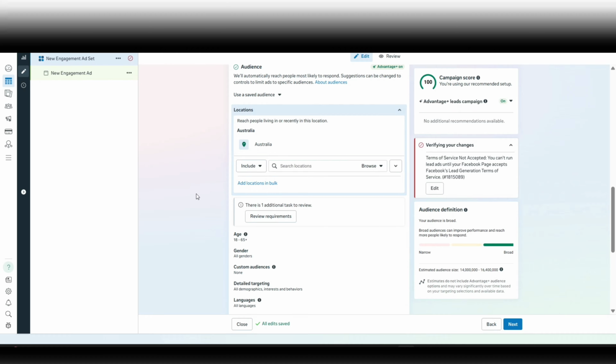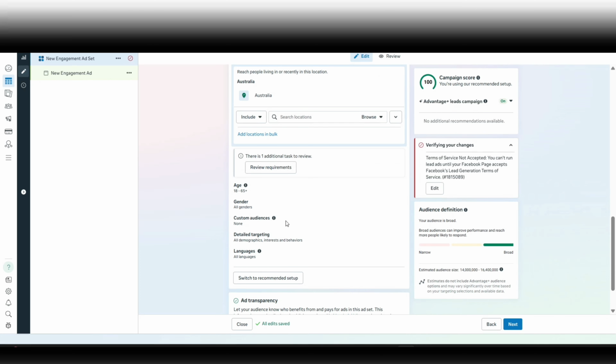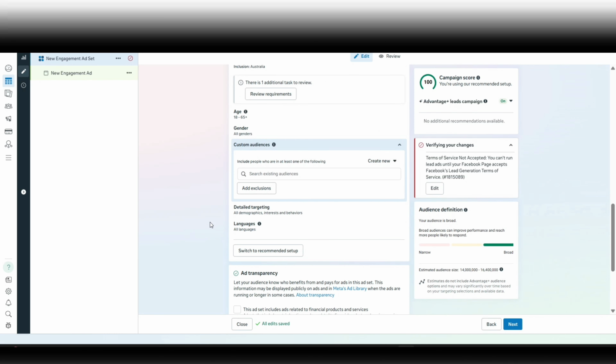Okay, now age will also be targeted accordingly, and the gender as well. Again, for the custom audiences, you need to exclude the people who have already submitted your lead gen form, be it on website or instant forms, or who have started a messaging conversation. So all of these audiences you will be excluding from the campaign. But as I said, in some scenarios the exclusion is not necessary, and